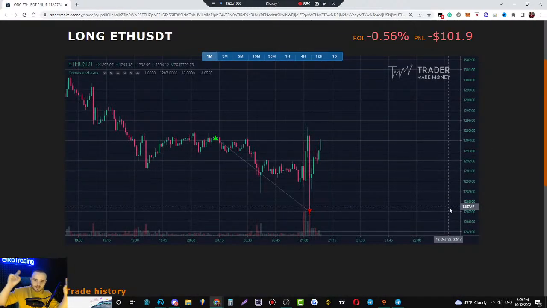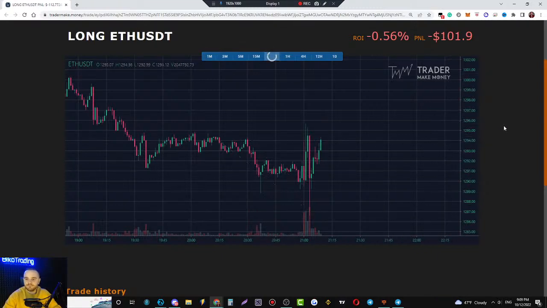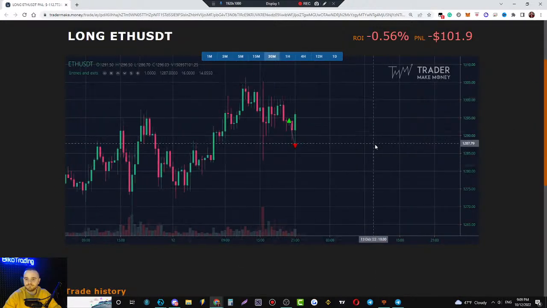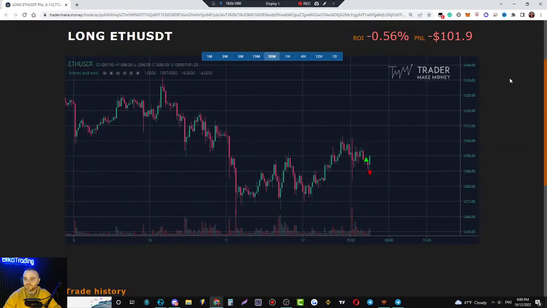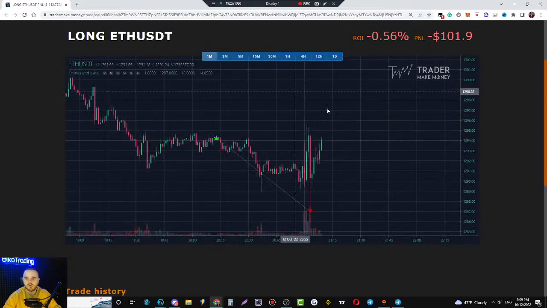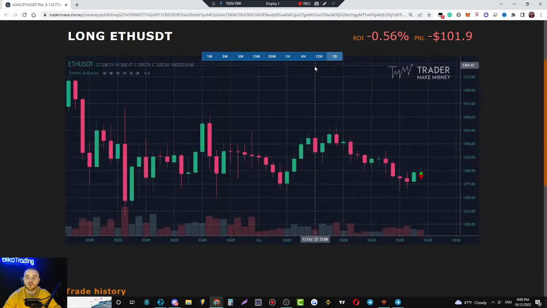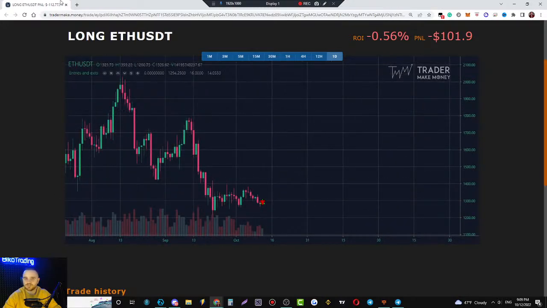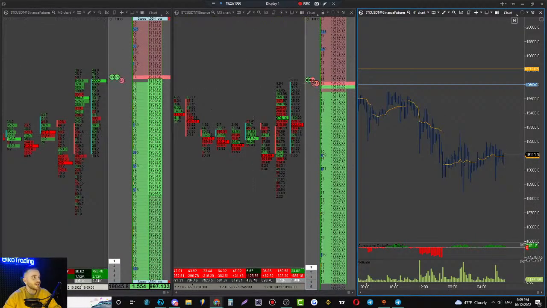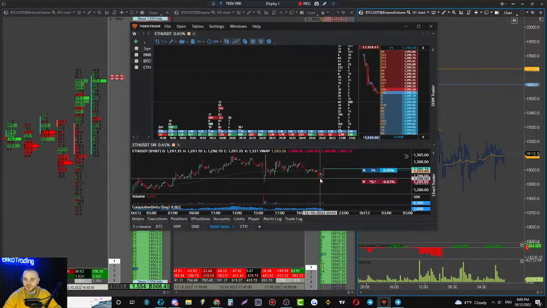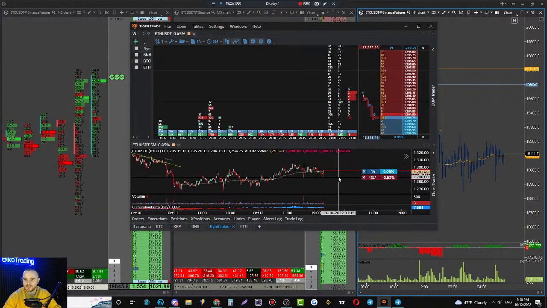Who is the luckiest guy here? This shit took my stop loss. Exactly, they exactly took my stop loss, and at this moment I think that would be due. That would be skittish. On another account I still have an Ethereum trade open, but there's a bigger stop loss and they didn't reach that stop loss.